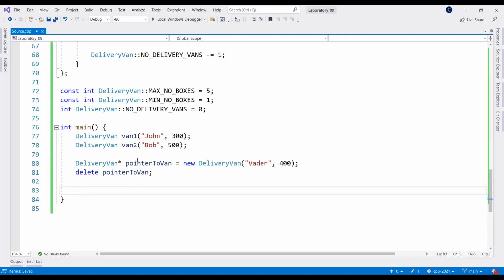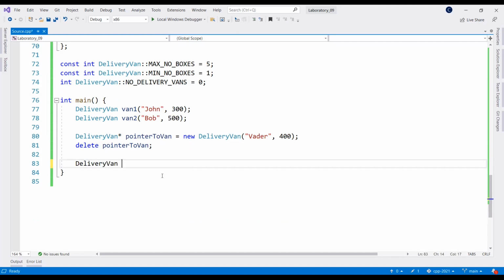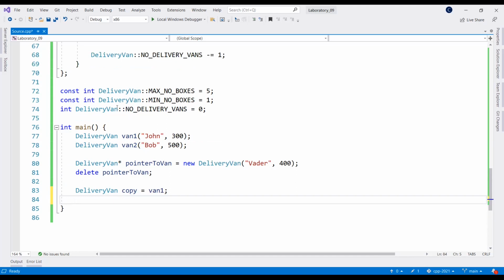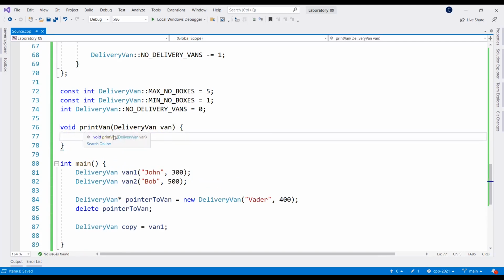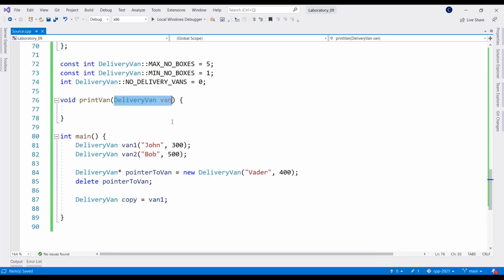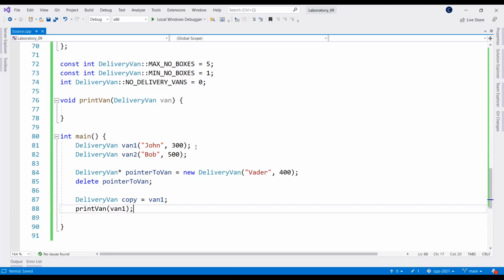What else do we need to define here? So let's define the copy constructor. And remember, the copy constructor is explicitly called when we have this. And again, it's implicitly called, and this is the dangerous part about copy constructors, every time you have a method print van which receives a delivery van by value. If you call this method, again, we need a copy constructor to create a copy for this object that this method works with. For example, if I call print van and pass van1, the copy constructor will be implicitly called to create a copy of van1,